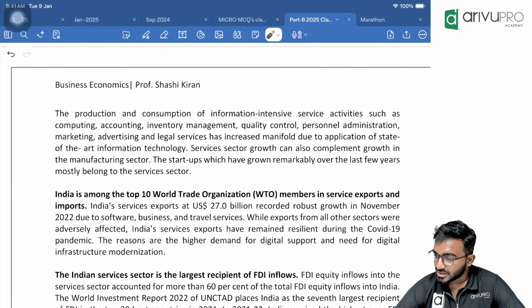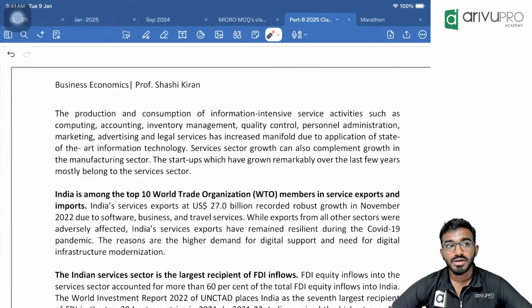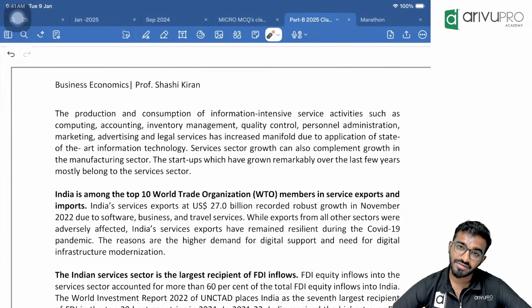Sir, I omitted chapter 10. Can I omit this for the exam? I recommend not to, because even if you just read it like a newspaper once, out of 10, it is easy to score 5 to 7 marks here. Main questions only they will ask directly. Some twists and turns, some 2-3 questions they will ask from nook and corner.